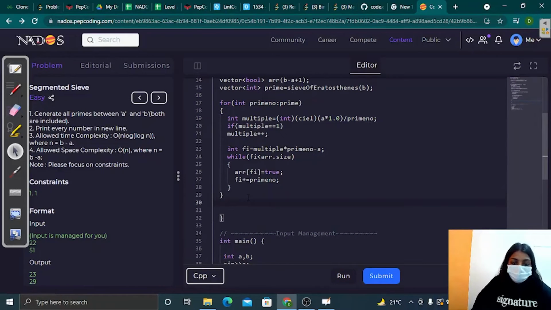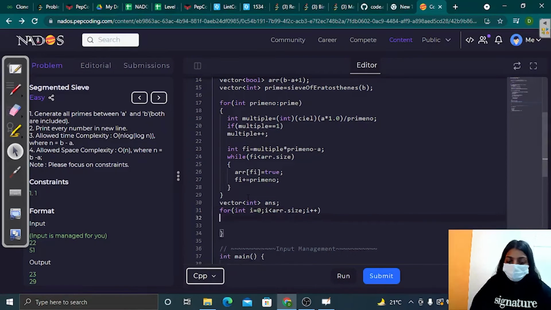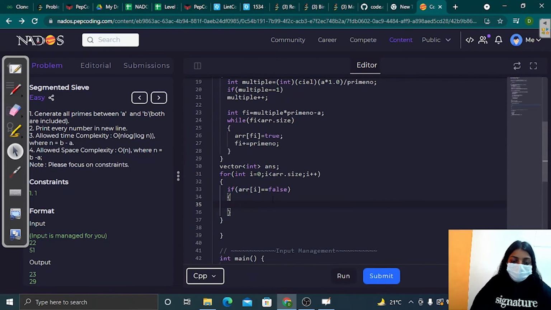Okay, now I will make a vector of type integer, which will contain my answer. Now I will run a loop for int I equals 0, I less than arr dot size, I plus plus. If arr of I is equal to false, it means it's a prime number, and if it is a prime number, then append it to your answer. That is my string answer plus equal to 2_string